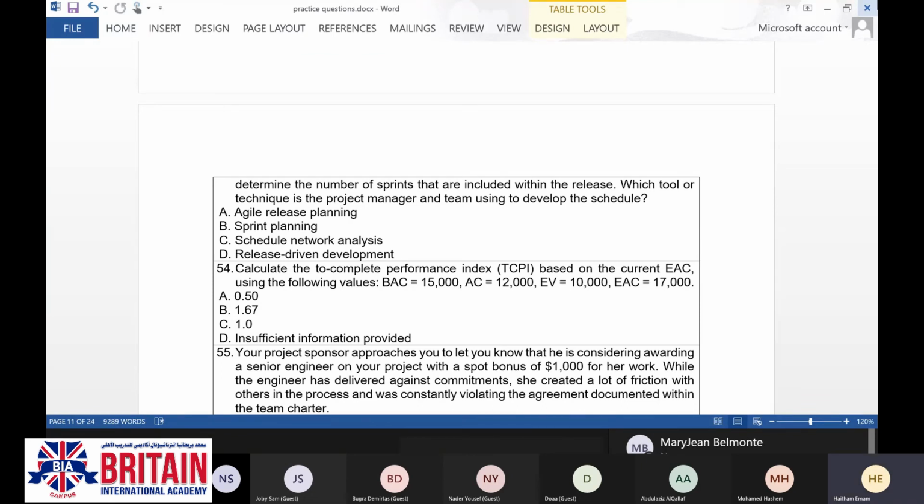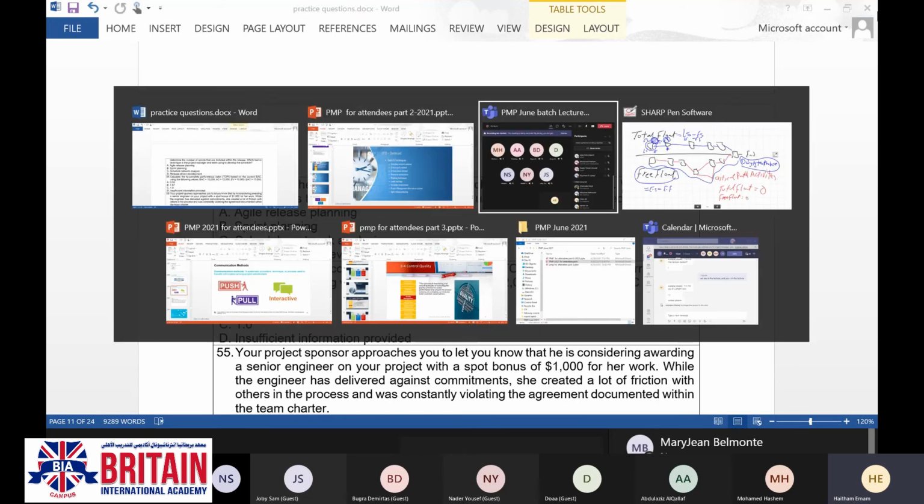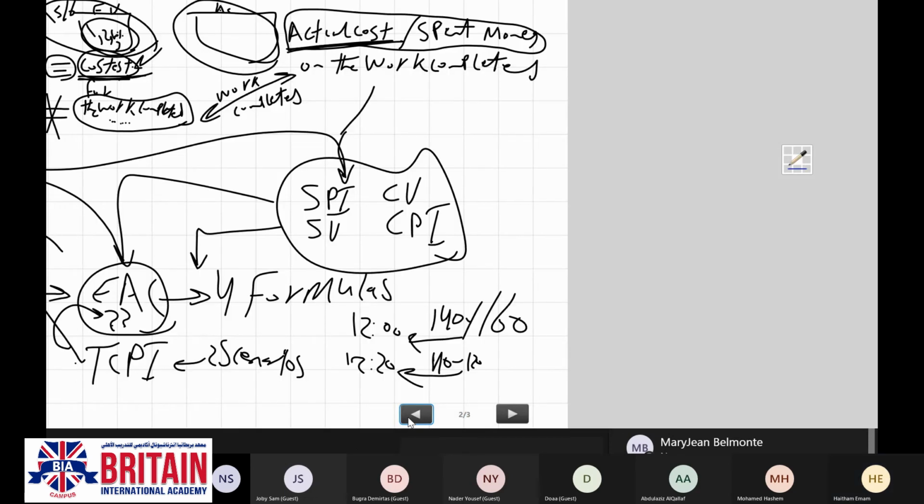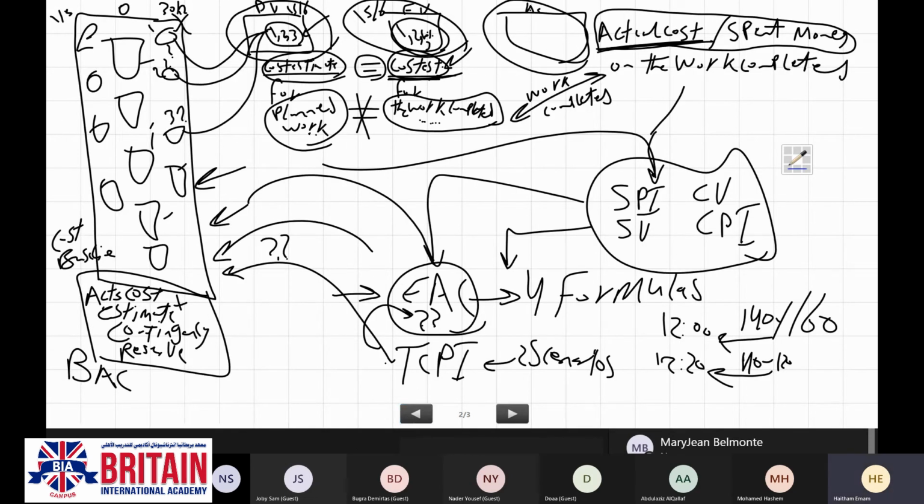The question is forcing us to follow the to complete performance index formula related to the estimate at completion. Let me remind you of the two formulas we have mentioned. To complete performance index has two scenarios: either to comply with the budget at completion or to comply with the estimate at completion.